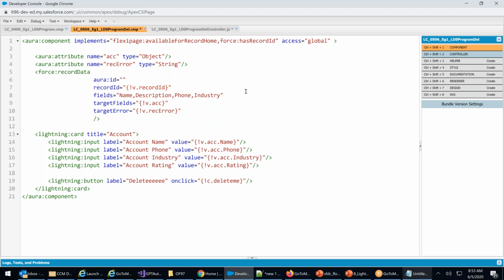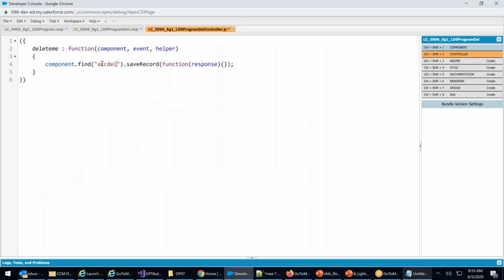What is the Aura ID? Aura ID is nothing but anything. I will say ACCDL. Control C. I go here. Find ACCDL.